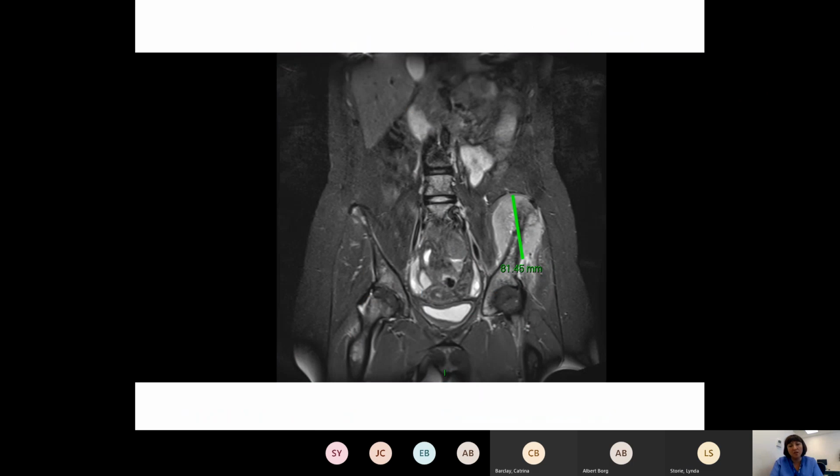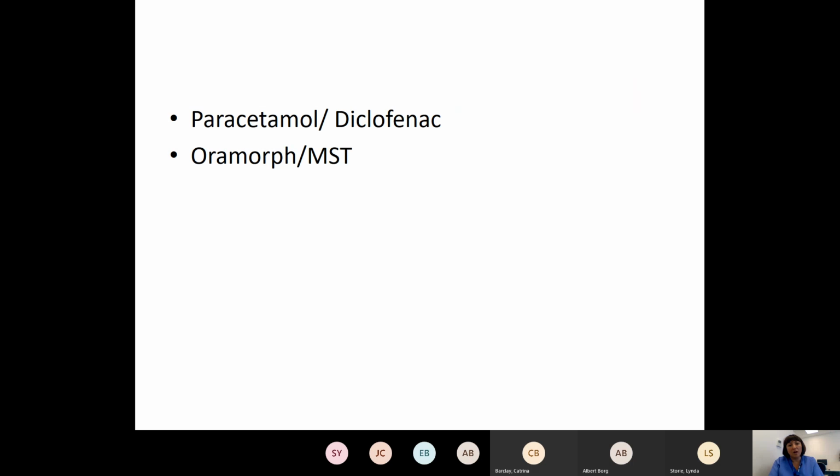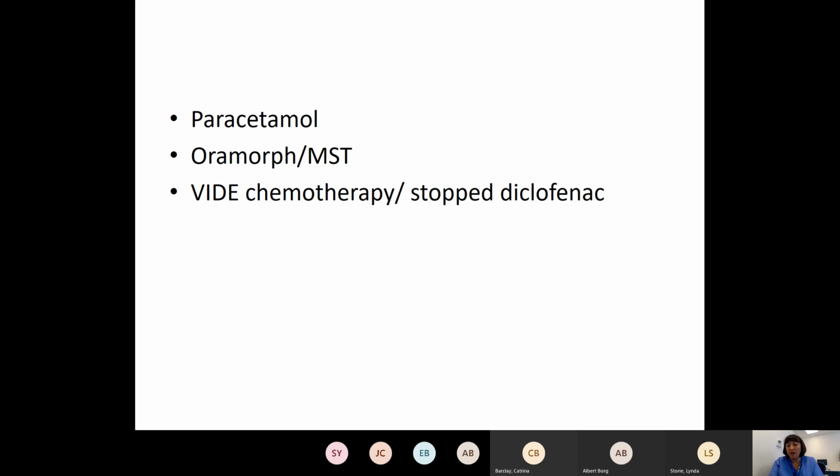So back to our patient. She actually had, and I think this is a really important point to make for those of us who are not that familiar with paediatric oncology yet, that chemotherapy is actually probably one of the best analgesics that we could give. This girl had a Ewing sarcoma with widespread metastases, and the best analgesic was 2-3 days into her VIDE chemotherapy, where she suddenly felt like she could breathe a sigh of relief,